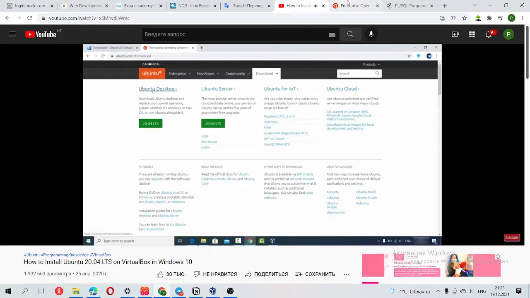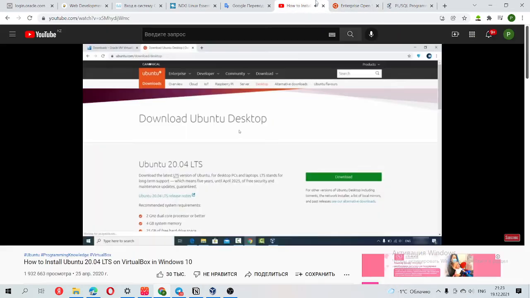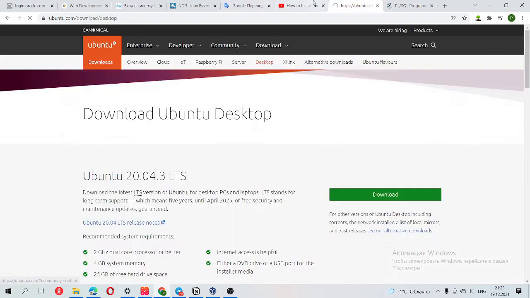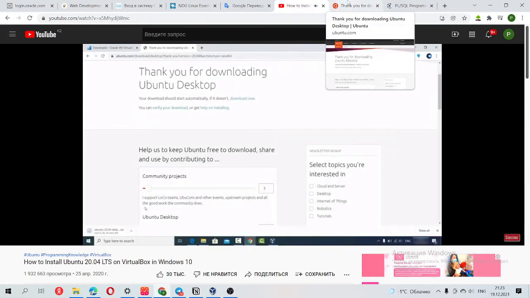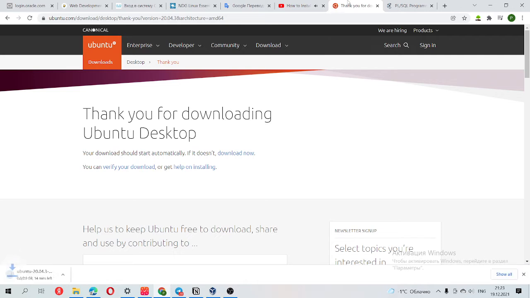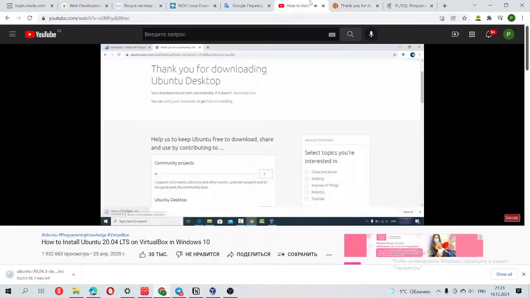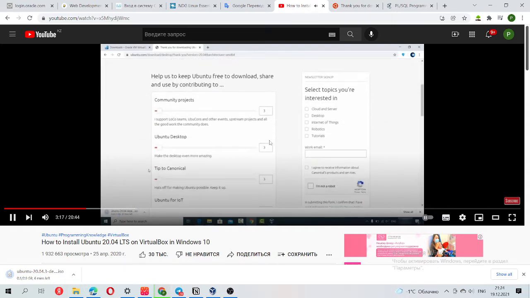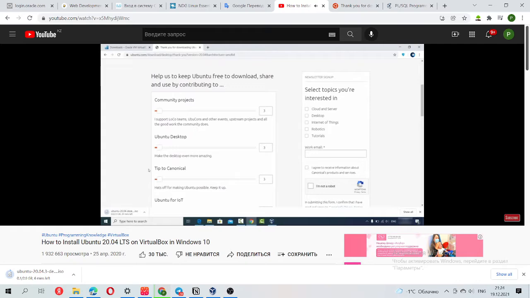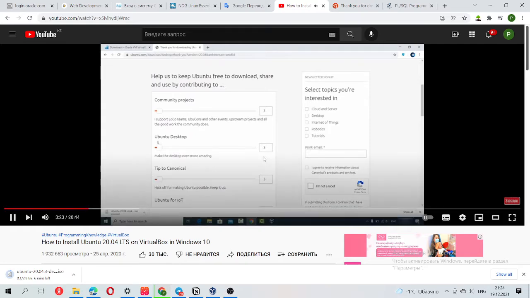So I'm going to just click on Ubuntu desktop, and here you will see the download button. When you click on the download button, the ISO file will be downloaded on your Windows operating system. This file is around 2.5 GB, so it will take some time to download, but I have already downloaded this file on my Windows operating system, so I'm going to just cancel this download. And